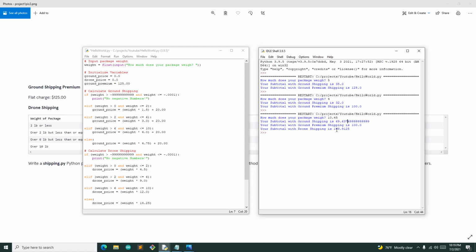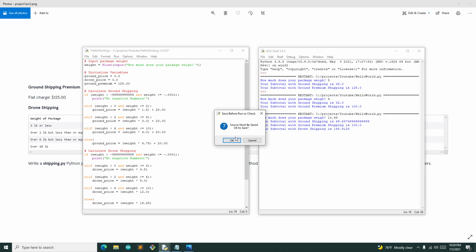So, and this, as you can see, is very expensive. So which would be the cheapest in this case would be ground shipping, because this is 125 and this is 149-ish, and this is about $70. So that is much cheaper. I mean, this one is much cheaper than either of these. So that's what we want to do, is now we want to make a program that reads these different numbers